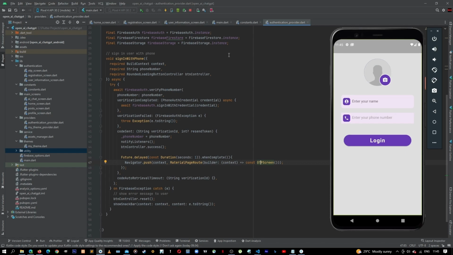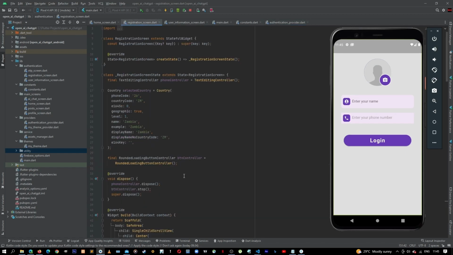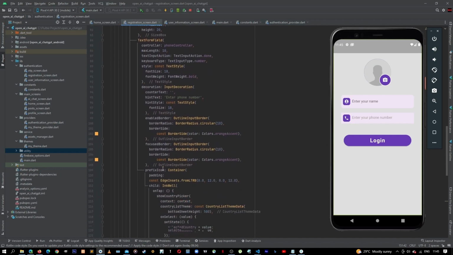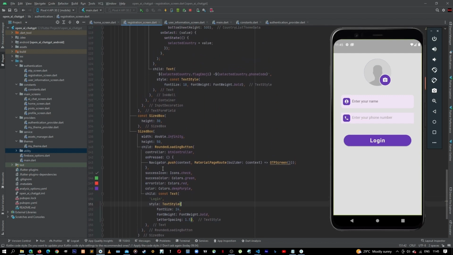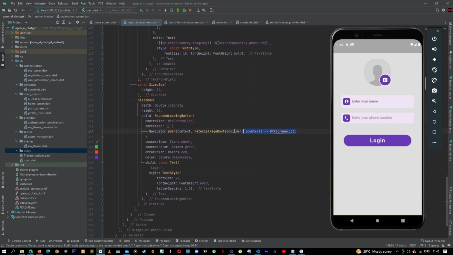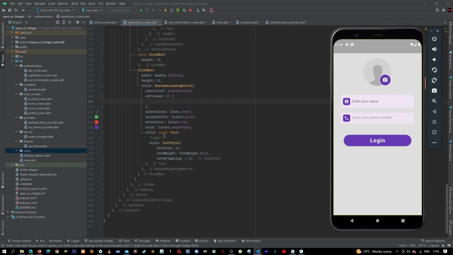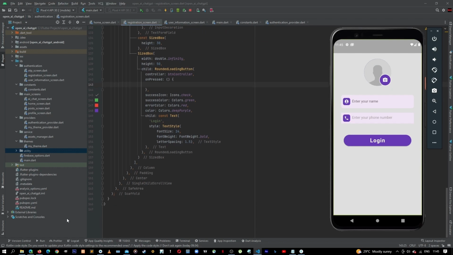So now back in our registration screen, let's first see what we can do here. Here, when we click, remember we are going to our OTP screen. Let's remove this. What we need to do is to add our method now to sign in the user. So for that, let's go down here and let's create our method, send phone number,